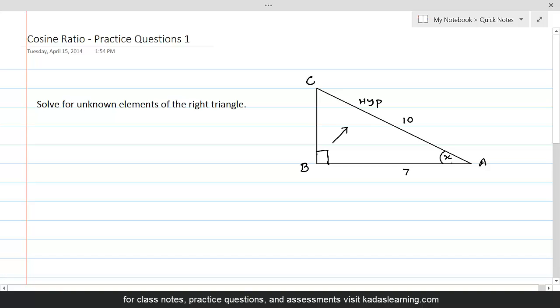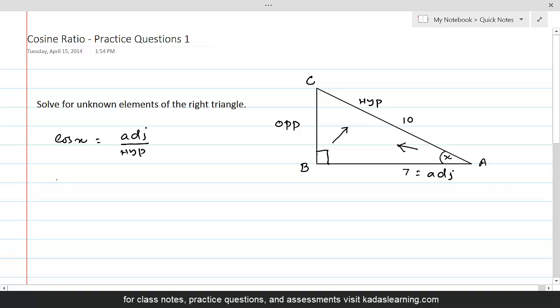And if the angle under consideration is at vertex A, then the side opposite to vertex A would be opposite, and the remaining side is adjacent. It means for the triangle ABC, we know what is hypotenuse and we know what is adjacent. So let's define cosine ratio of the angle X. Cos X is equal to adjacent over hypotenuse,